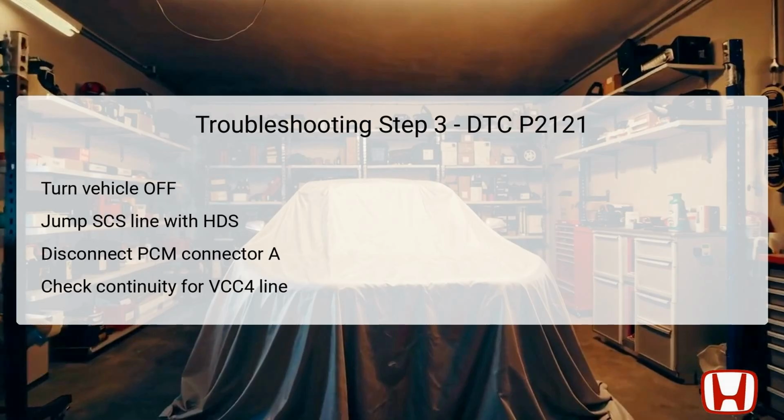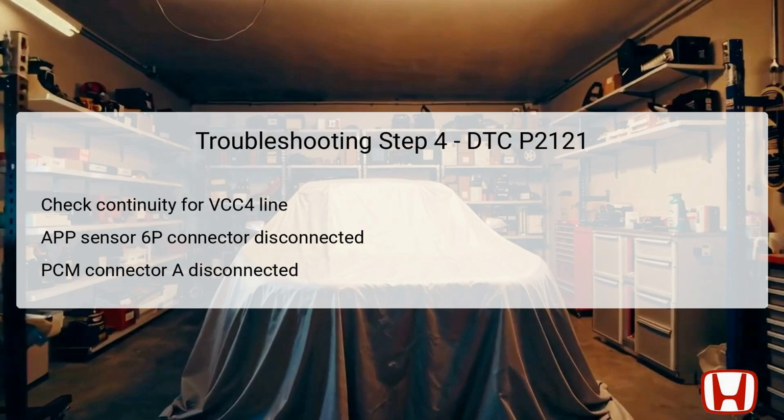The first test point is again from the APP sensor 6P connector at terminal number 4, and the second test point is the body ground. If continuity exists, it is likely that there is a short in the VCC4 wire connecting the PCM and the APP sensor, necessitating repairs to this wiring. Conversely, if there is no continuity, then the wiring is not shorted, leading to the next step in the troubleshooting